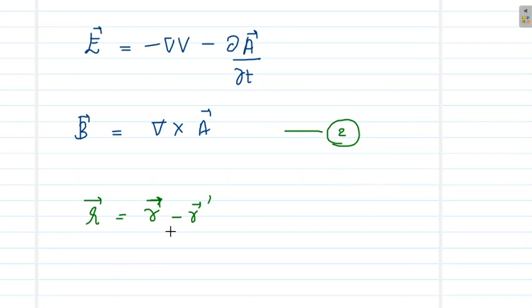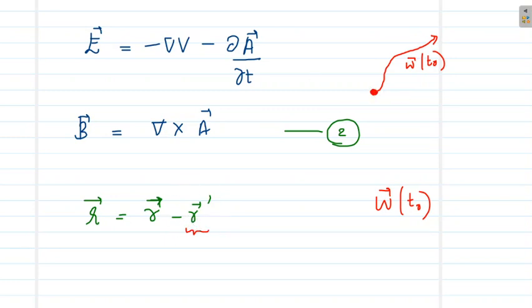In the case of a dynamic, moving charge, we know r bar dash is not a stationary vector. It will be evolving over time. So we will define a vector called w bar of t_r, which describes the trajectory of the moving charge. If the charge is moving like this, w bar of t_r is the path through which the charge is moving. Earlier r bar dash was fixed because the charge was not moving.